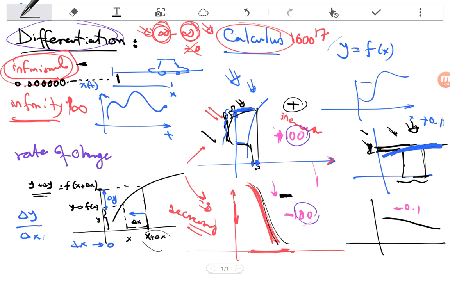It keeps getting less and less, much like the infinity. It is a dynamic number, not a stable number. So that concept was new to the scholars back then, and that was the key idea that made Isaac Newton and Leibniz invent the science of